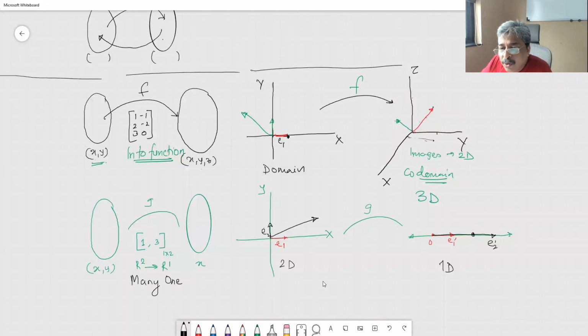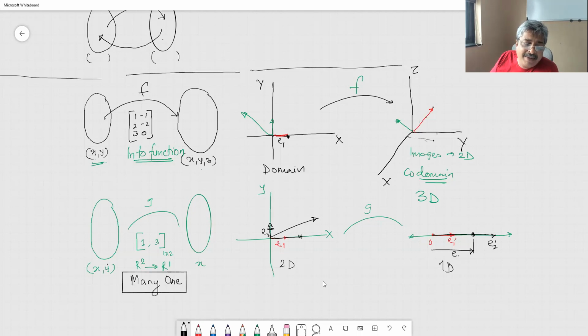If I want the new vector 2 in my E vector, which is equal to 2 in my codomain, I must find out what is the pre-image of vector 2. You multiply E1 by 2, this will give you 2, or 1 goes to 3, I want 2, so 2/3 of E2 will also give 2, and there are infinitely many combinations of E1 and E2 that will give you 2, that is why it is many-one.